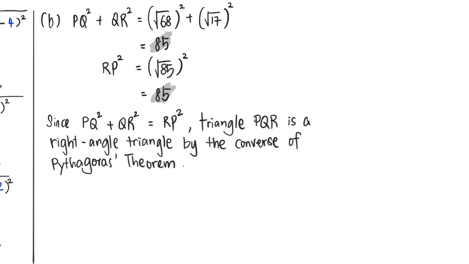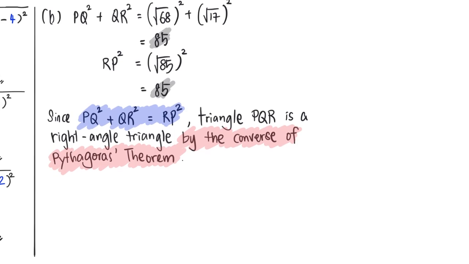Okay, this is an important statement here. We do need to let people know by which theorem we use to conclude this, and we also need to indicate why, which is here. So these are the key words for this particular part B. And the moment we know that this is a right angle triangle, then for part C,